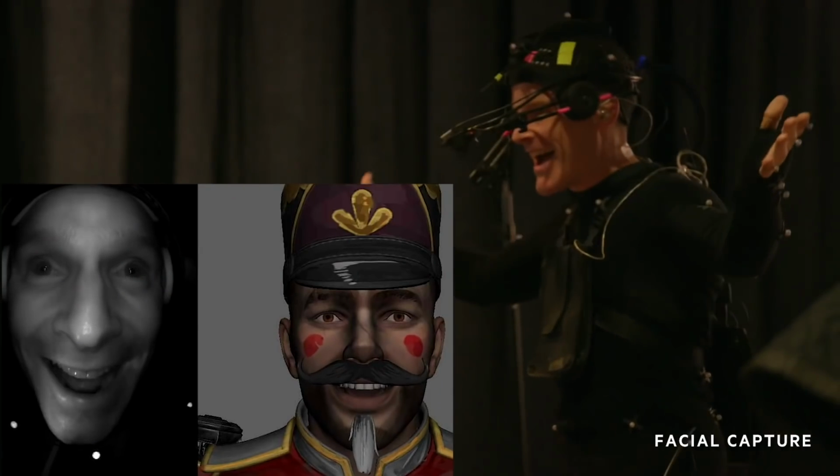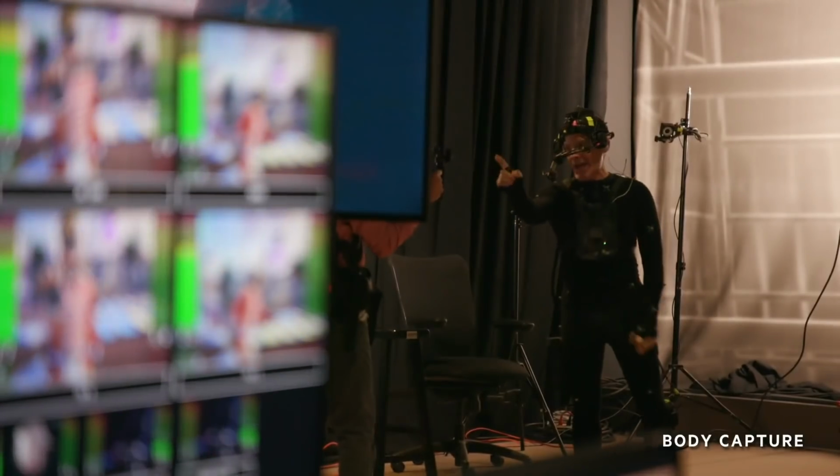I think there's always some give and take when you start downgrading from these optical systems, but we've had some really good success with these inertial suits, so we've been proud to use those. Facial tracking, the high-end tracking systems for headsets like Dynamixyz and stuff like that, are really, really powerful. But with the democratization of